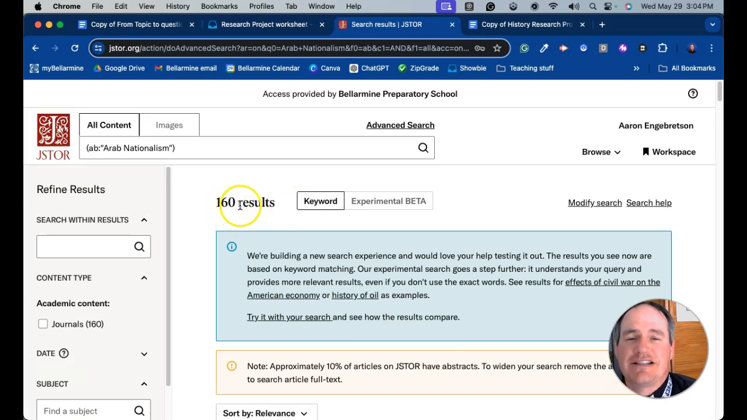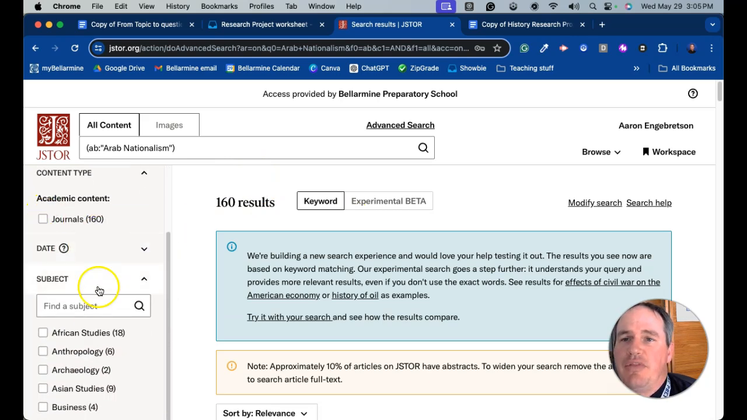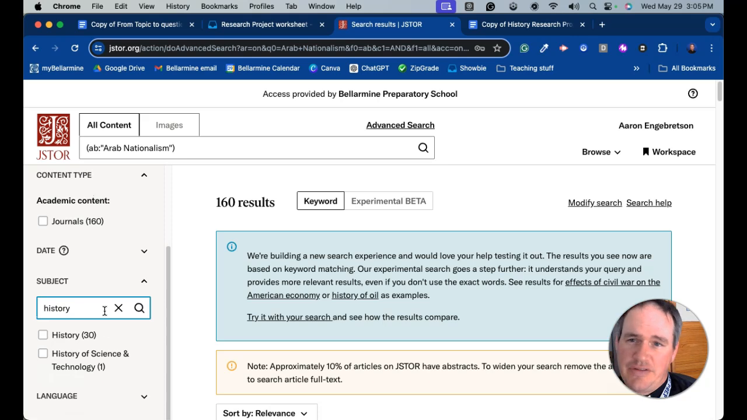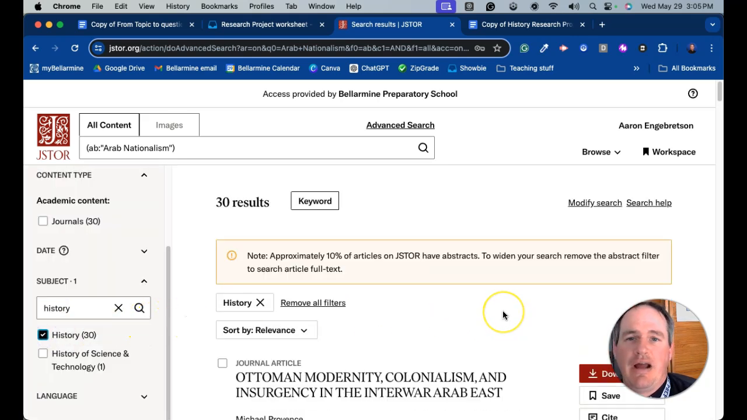It'll bring up here, I have 160 results. There are other words you can try to search for, but that one will work. The nice thing about this is that it's journals, but I want it to be from history journals, because there's all kinds of stuff. There's scientific journals on this. There's everything. So history, and now I have 30